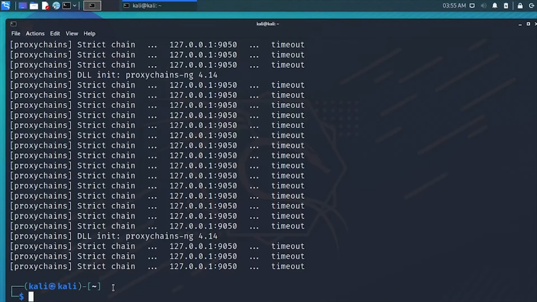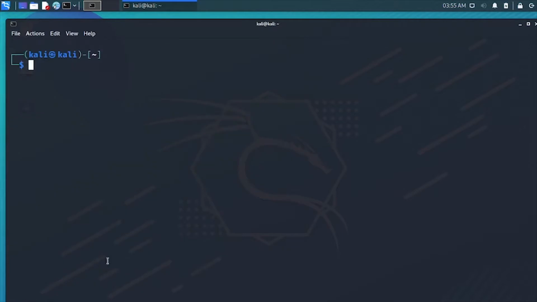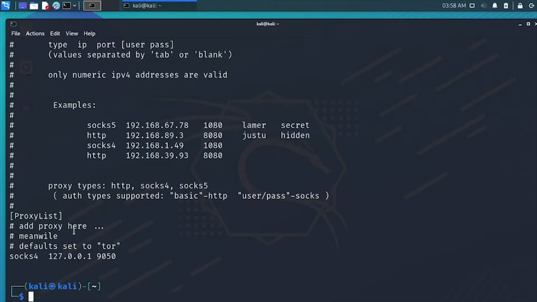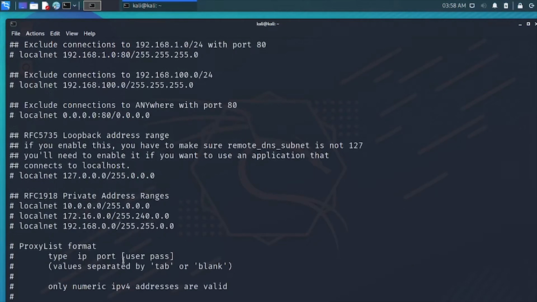So let us see how to modify our proxychains settings so that we can change our IP address and also connect to the internet at the same time. Okay, what we have to do is configure proxychains. For that I'm showing /etc/proxychains.conf here, and you would see the proxychains config file. This is the file that we have to modify for our